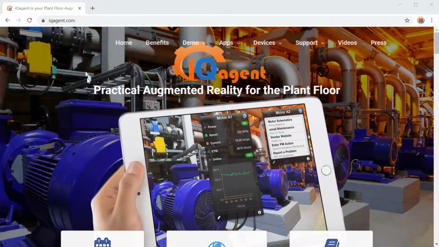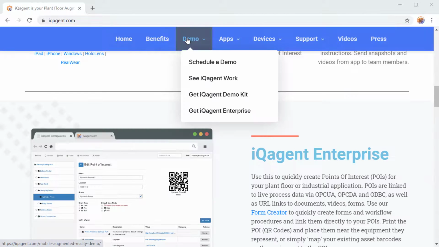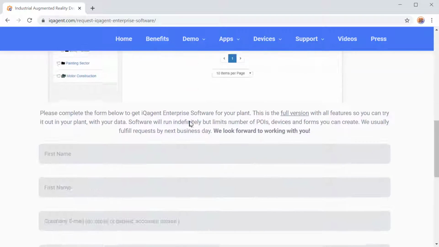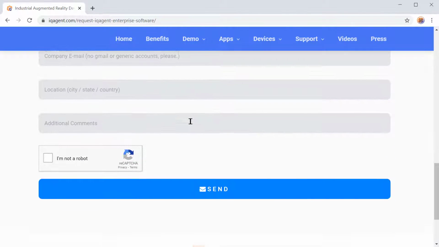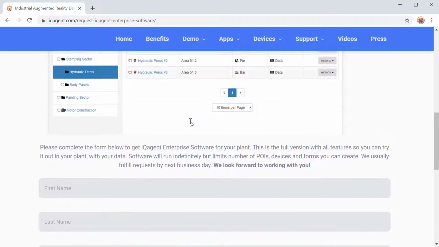First thing you're going to do is go to iQagent.com. There's quite a bit of information on iQagent here. Just go to the demo link and click Get iQagent Enterprise and fill out the form at the bottom of the page and send it. As soon as we get it, we'll process it within 24 hours and we will send you a link to